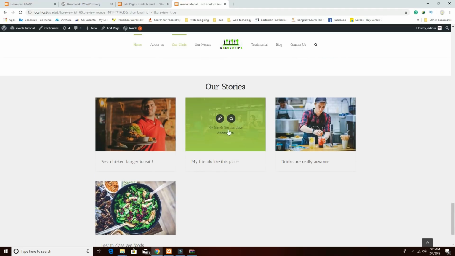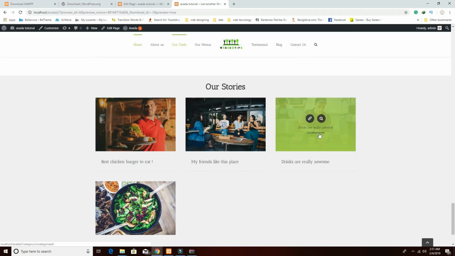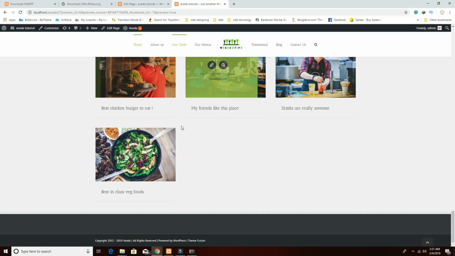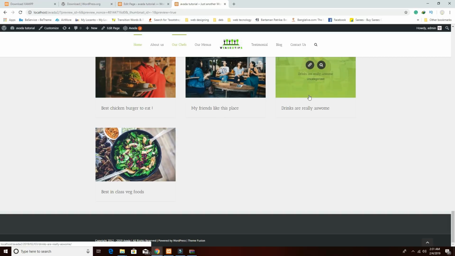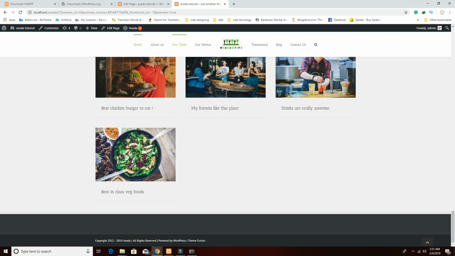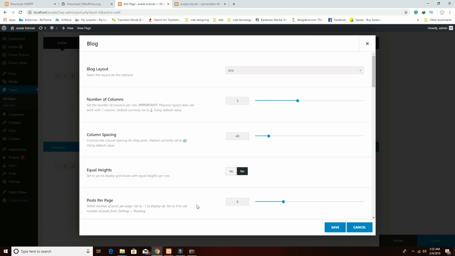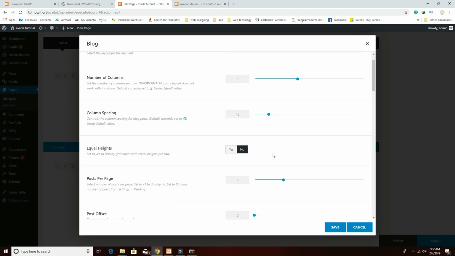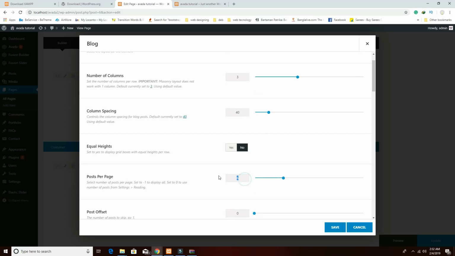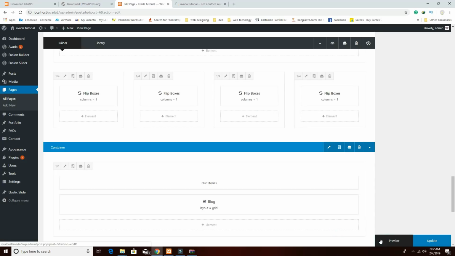Yeah, but it's coming total 4, all 4 are coming. I need only 3, so for that I need some modification. Also here I have to make it 3. Save it now, check that,